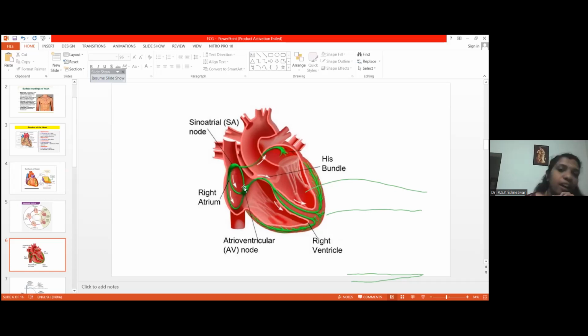The SA node and AV node are connected by means of internodal fibers. There are three internodal fibers: the anterior internodal fiber, the posterior internodal fiber, and the middle internodal fiber. So the SA node connects to the AV node with the three internodal fibers. And from the AV node,